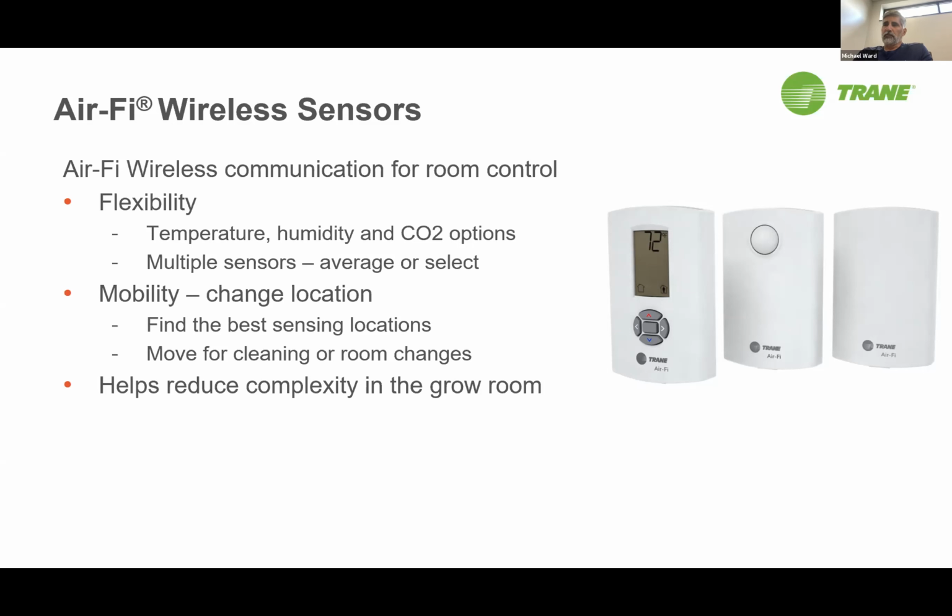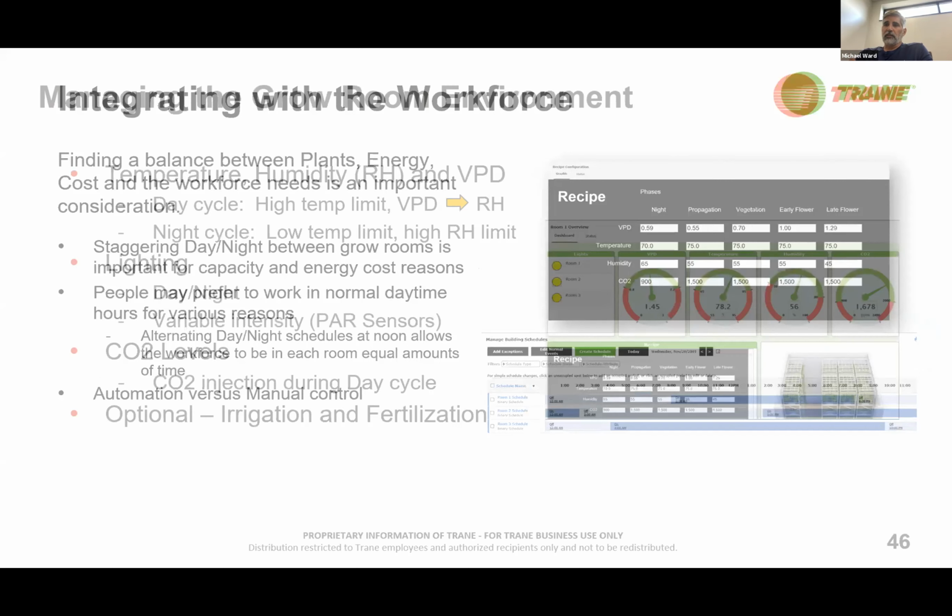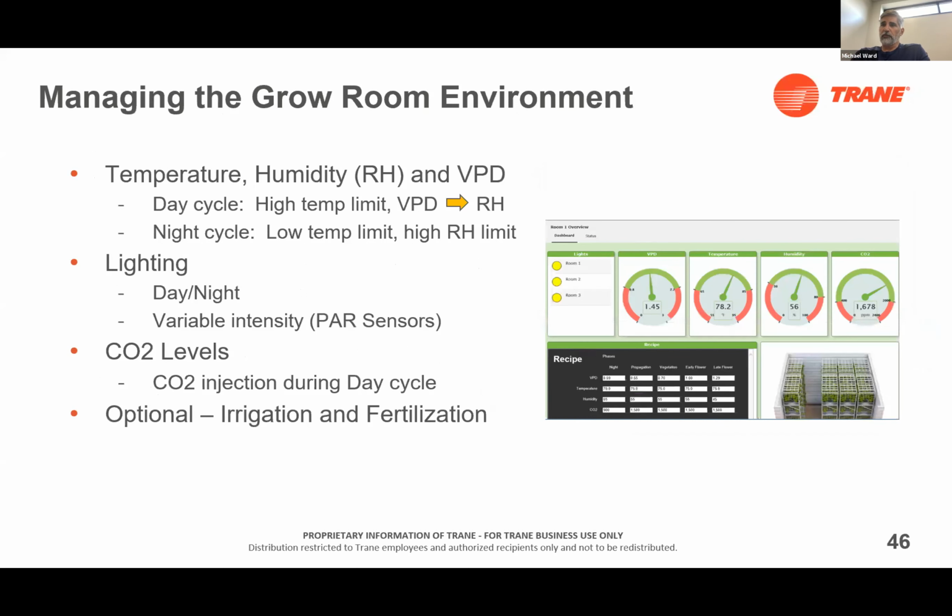Thanks, Mitch. What we did with Trane is work through their Ensemble program, which is the illustrated slide a couple slides ago. For instance, that's their dashboard that they showed us when we were signing on. This is the first time they had ever done something like that in the cannabis space. I believe that this particular dashboard was used for schools and whatnot previously, but we've dialed it in to use it for